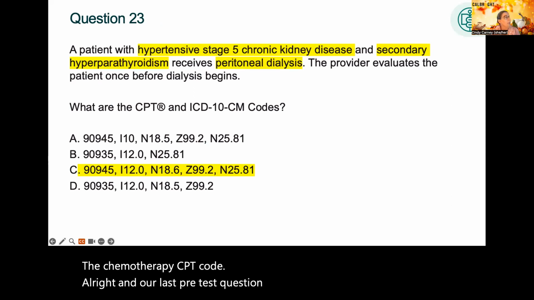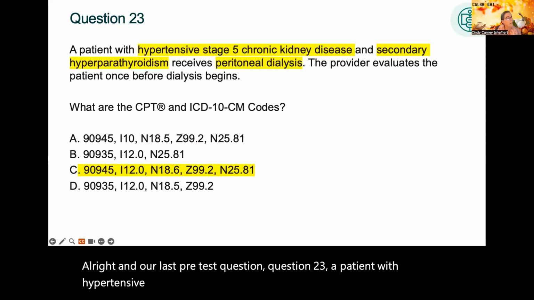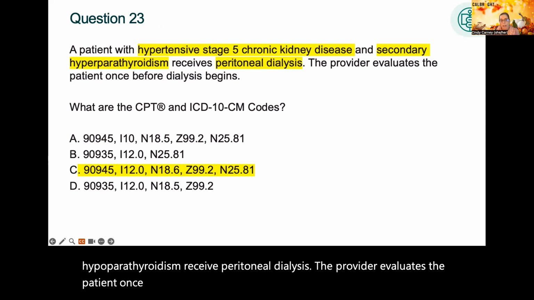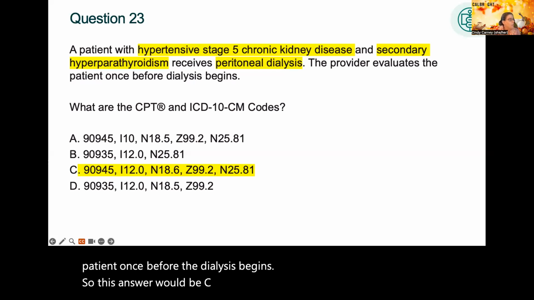All right, and our last pre-test question. Question 23. A patient with hypertensive stage 5 chronic kidney disease and secondary hypoparathyroidism received peritoneal dialysis. The provider evaluates the patient once before the dialysis begins. So this answer would be C, 90945 with ICD-10 codes I12.0 and N18.6,